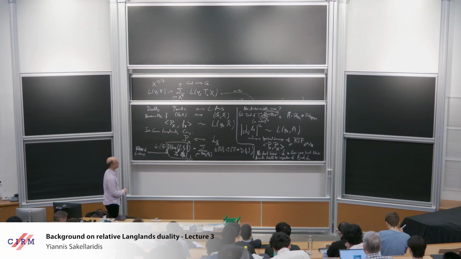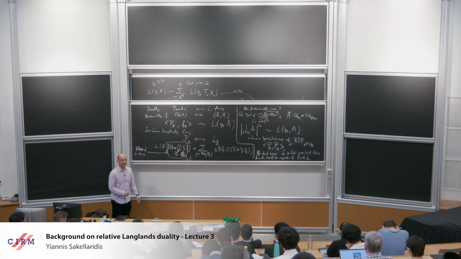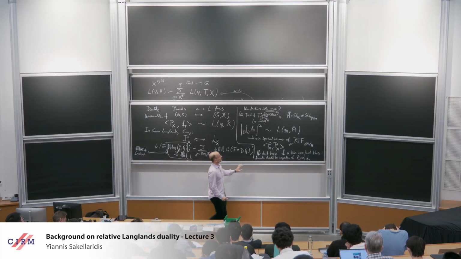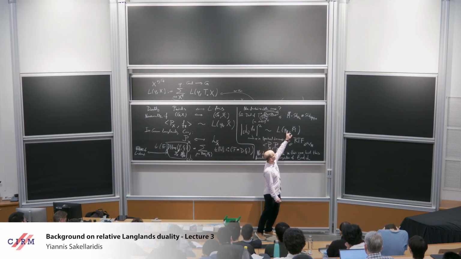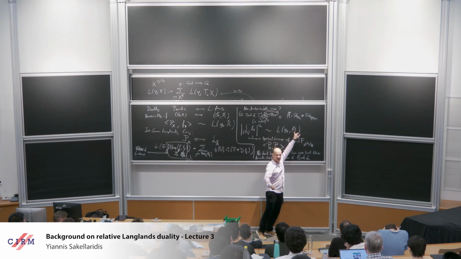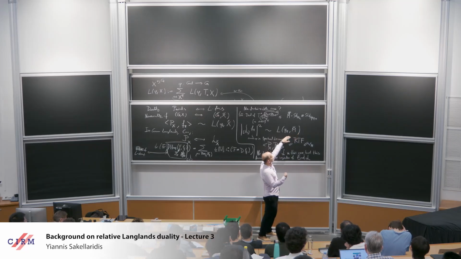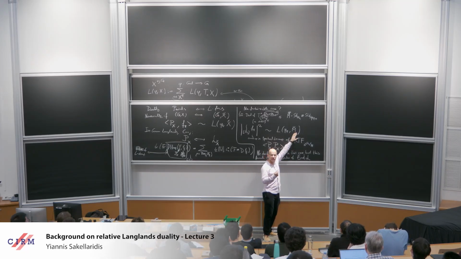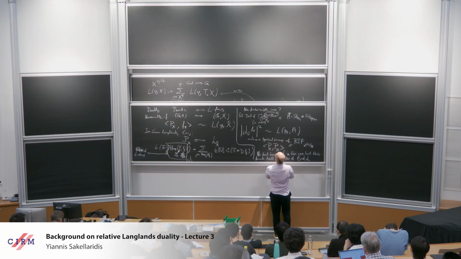Let's not worry about them. Okay? And what does this formula suggest? Well, again, the L function is the trace of Frobenius on some cohomology, right? Or exterior, or graded symmetric powers of some cohomology, okay? So this would suggest somehow that the